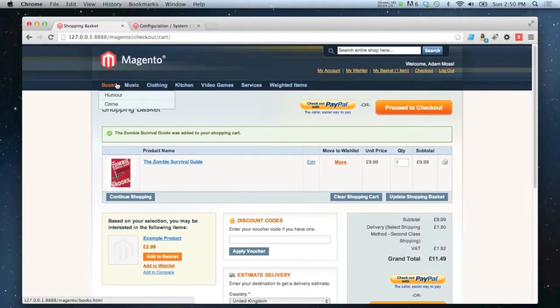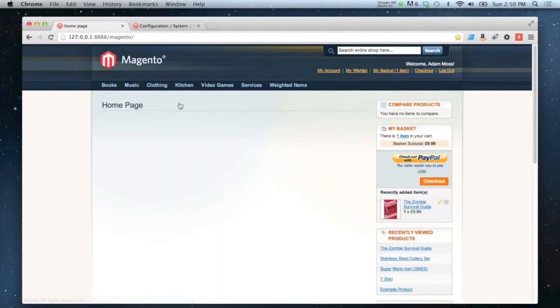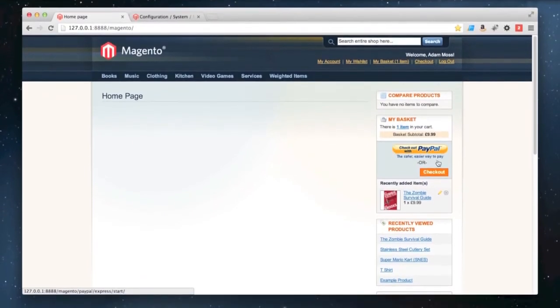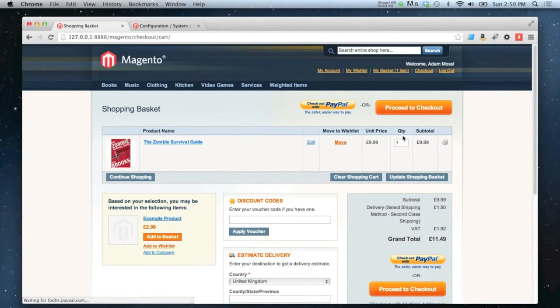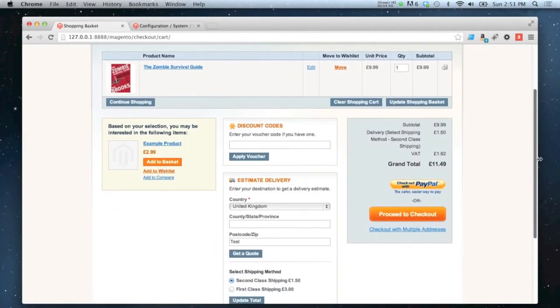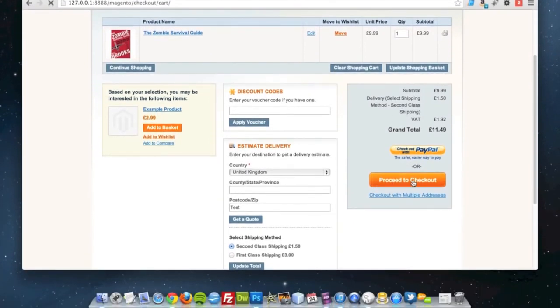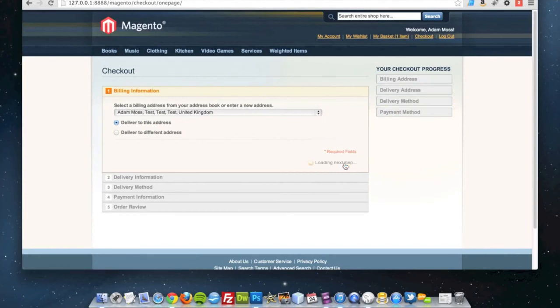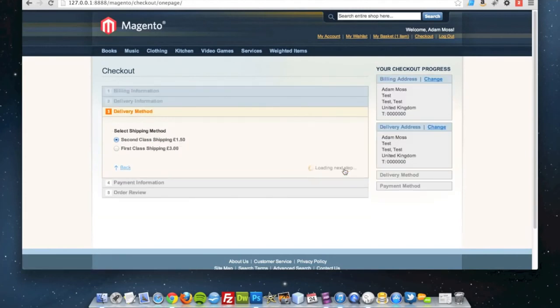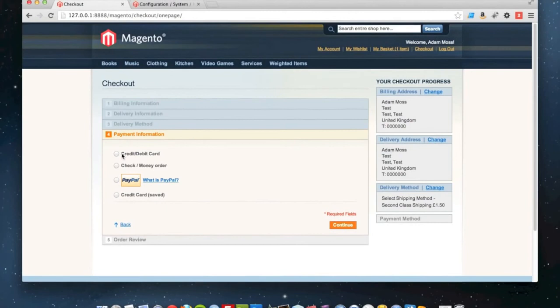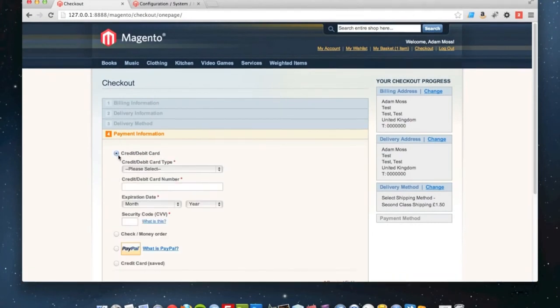Just another nice little touch actually, if I just take you back to the home page, is you'll see that the PayPal Express button now shows in the shopping cart sidebar. It also shows on the shopping basket page at the top, alongside our normal proceed to checkout. So that's PayPal Express making itself known. If I go to checkout as normal, I'm already a registered user on this site, so it's pre-filled a lot of my information. You'll see that the credit debit card option that I set is there, and clicking on that